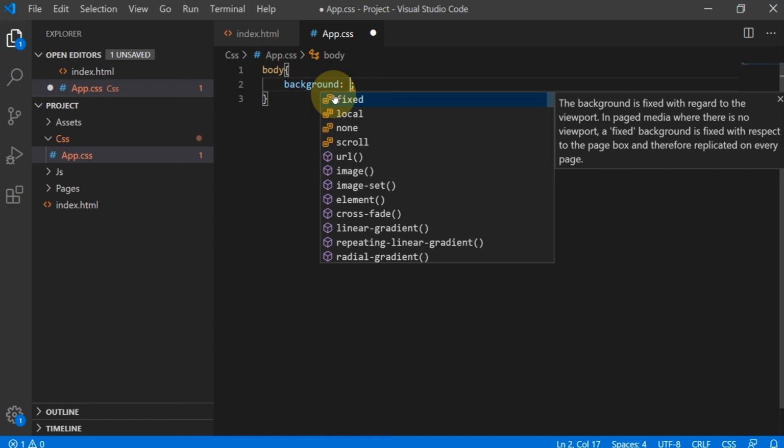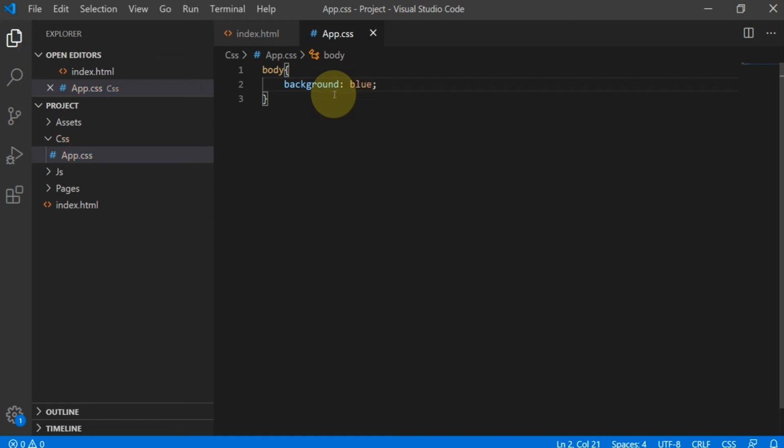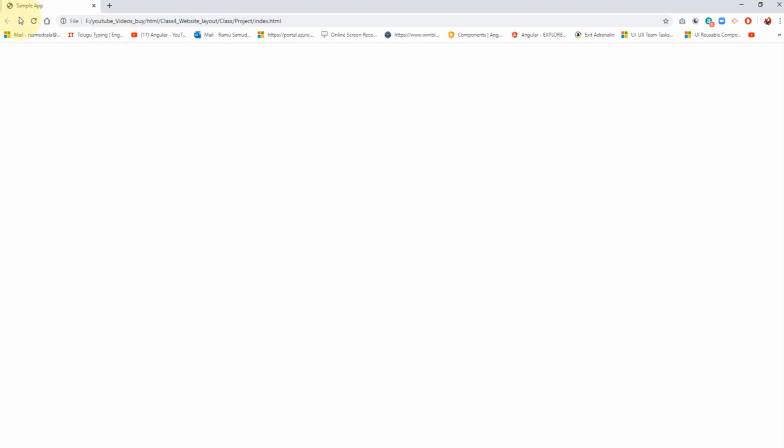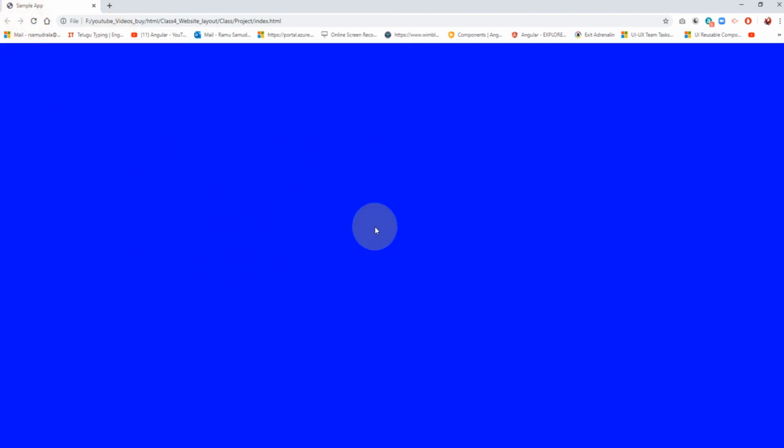The background is blue color. If it is linked perfectly with my HTML page, then my HTML body will be blue. Okay, fine, right? So it's linked. The external style sheet is imported successfully in my HTML page.